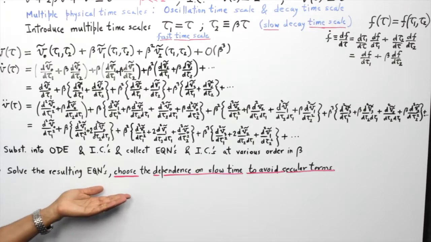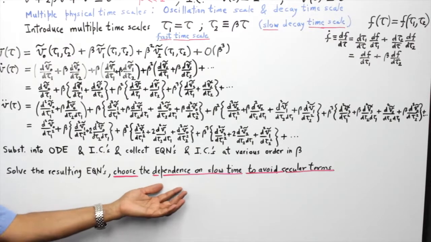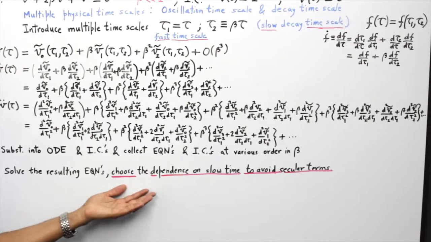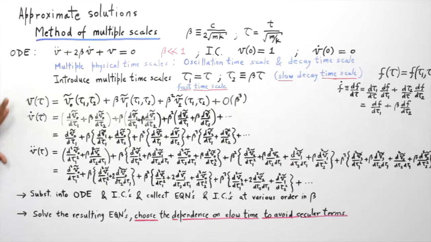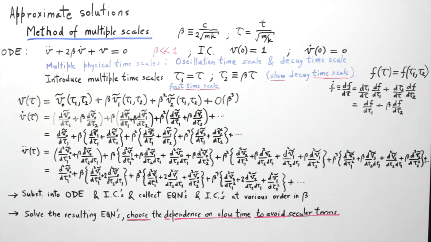And so to avoid that, we have introduced the slow time dependence, and so we will now see how we apply this at each order. So we're going to refer to these expressions in assembling the equations and the initial conditions. So we'll turn to